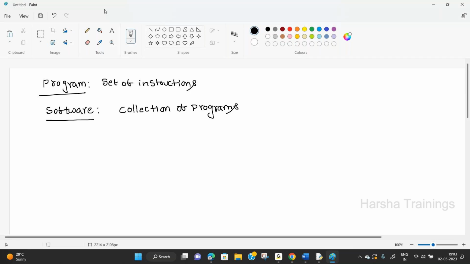Not only Paint, take MS Word or the VLC media player: pause, play, forward, rewind, etc. Each and every one is one program. All the programs grouped together are called software. Broadly, the software is divided into two types: system software and application software.